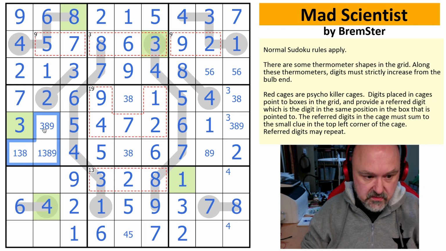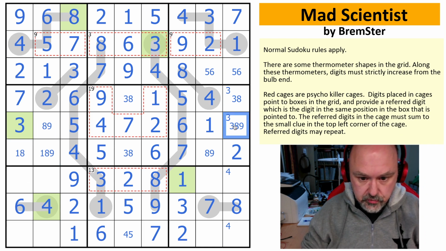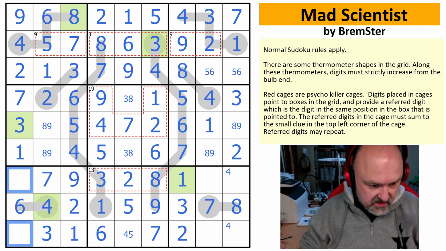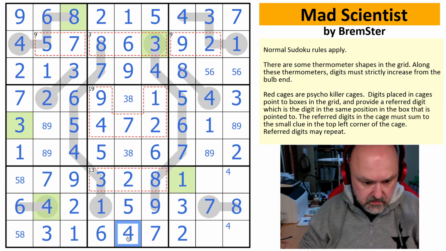And we're now just down to, all the thermos are resolved. So we should now just be down to Sudoku. We've got an 8, 9 pair in this box now. So that becomes the 3. This is a 1 looking down here, so that becomes the 1. We've got an 8, 9 pair in here, so 1, 2, this has to be, 3 has to go here, 4, 5, 6, this has to be 7. So this is 5 and 8, which is